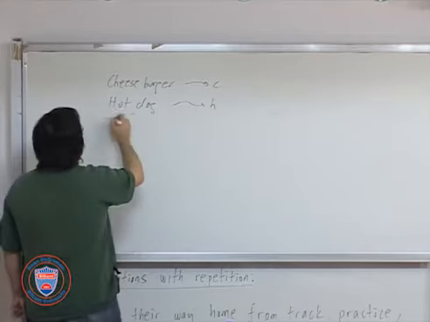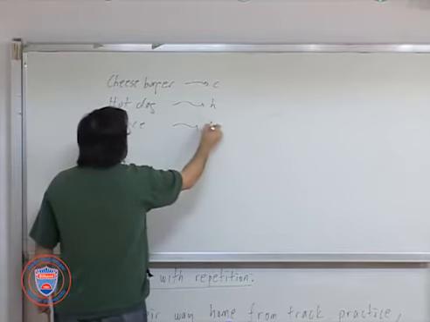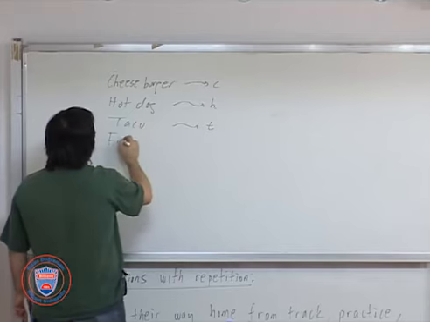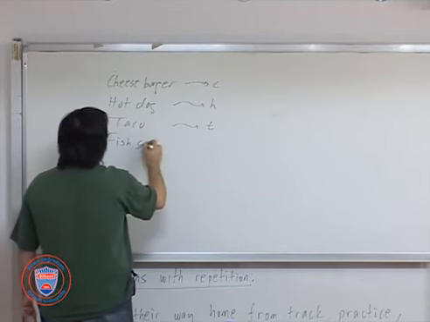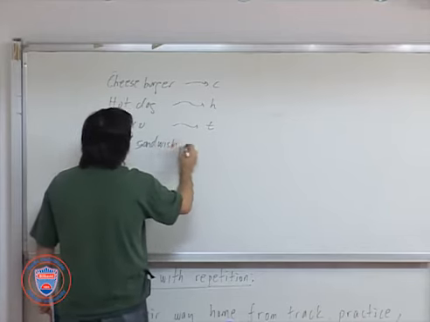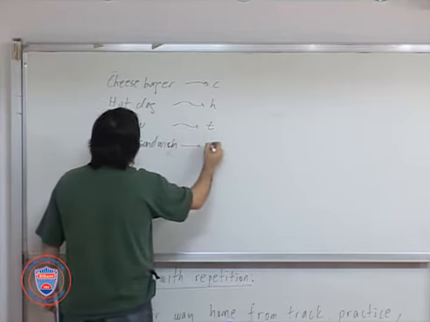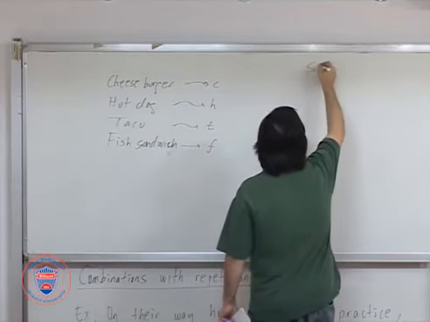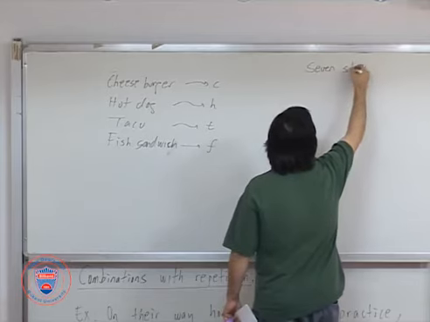We have taco, use the letter T for it. And we have the fish sandwich, and use the letter F for it. So with seven students,